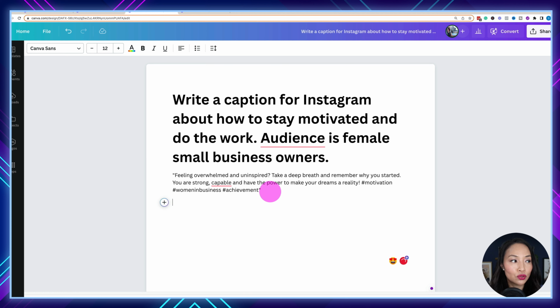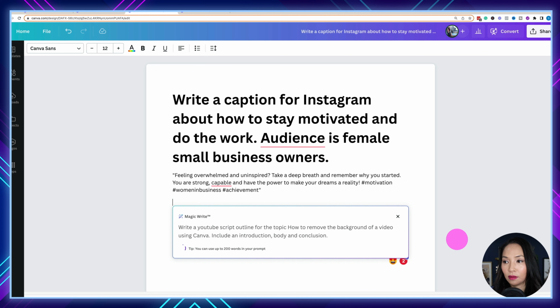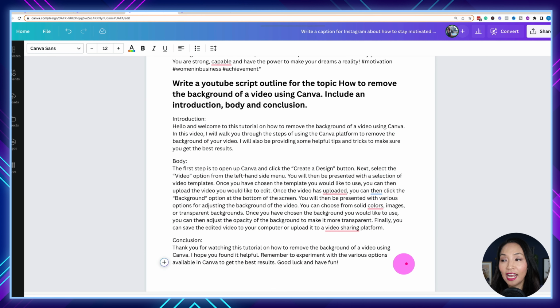Let's write a prompt to generate a YouTube script. So let's look at what it does when you ask Canva Magic Write to generate some longer form content. So this is the content that Magic Write has come up with, and it's not too bad. I think in terms of coming up with an outline for the script, it's not 100% accurate, but it's pretty close, and it definitely gives me a base to start with, which I can then go in and check the accuracy of it, edit it for my own personality, and change it to suit my own needs.